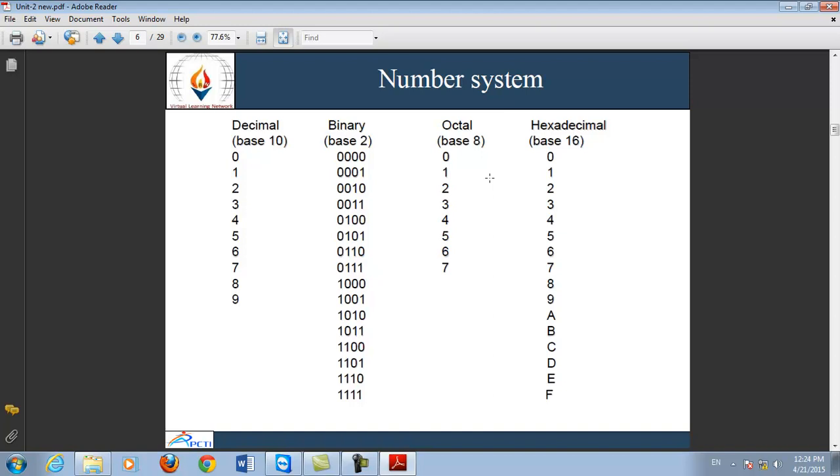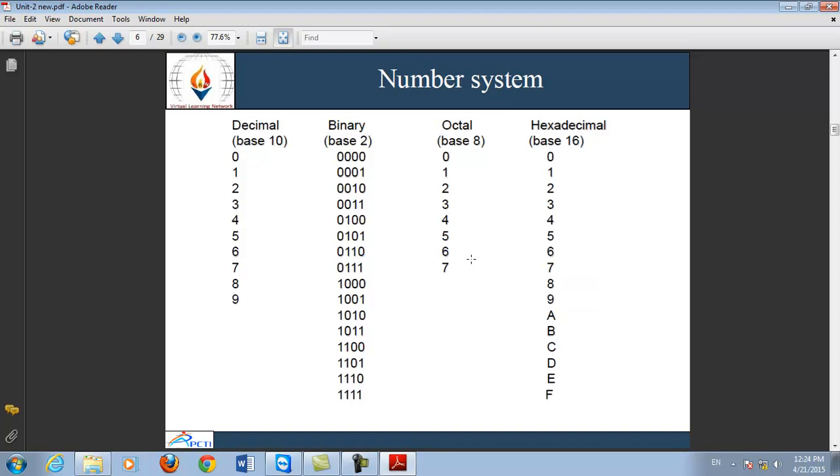We have the complete string of decimal available. We have the octal numbers and hexadecimal numbers. But how can we find the binary number equivalent to a particular decimal or octal number? Here in this table, the number 0 is represented, and the binary equivalent of 0 is 0000, the binary equivalent of 1 is 0001, the binary equivalent of 2 is 0010. In this way, all the numbers have associated binary numbers, but how can you find the binary number of a particular hexadecimal, octal or decimal number?